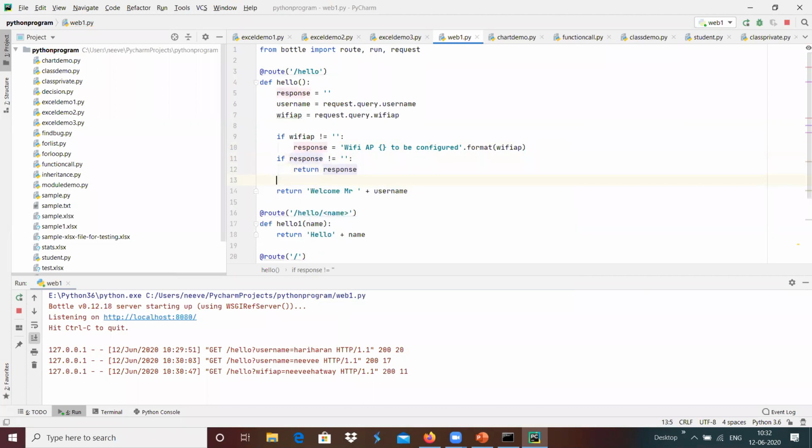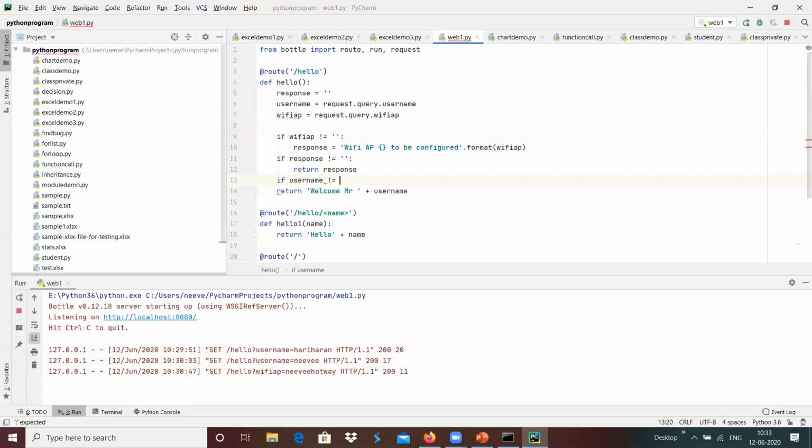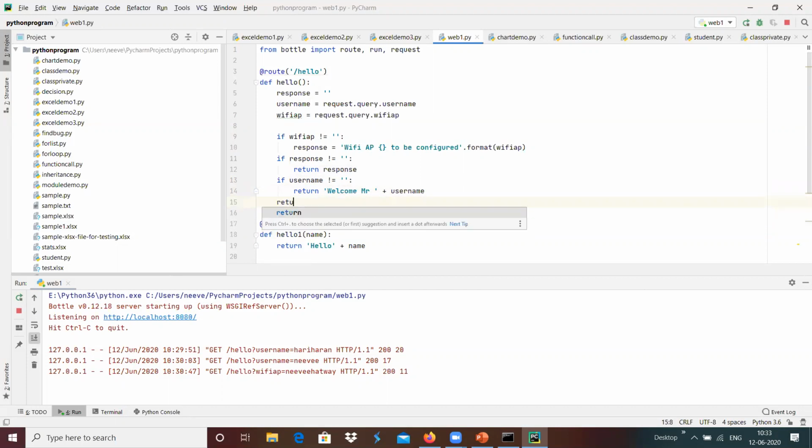And if username is not equals empty string, we can return welcome Mr. Hariharan. And if there is nothing else present, I'm going to return hello world.